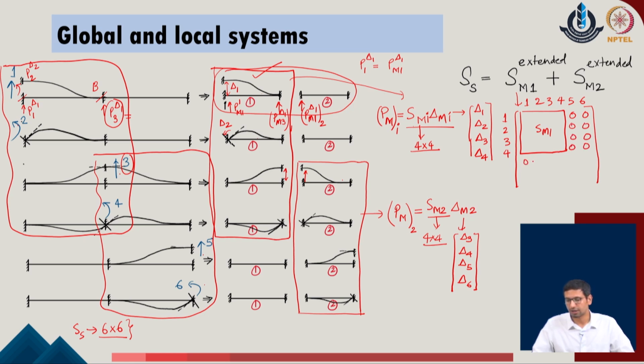So, this is a standard idea which can be reflected by considering that member 1 is contributing to the overall stiffness of the given system, and out of the 6 cross 6 stiffness matrix size which we are trying to evaluate for the S of S, the 4 cross 4 stiffness contribution is appearing in the degrees of freedom directions 1, 2, 3, 4 with respect to the member 1.